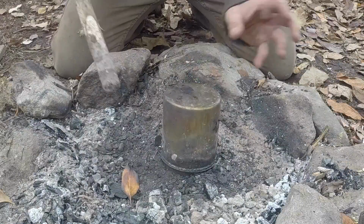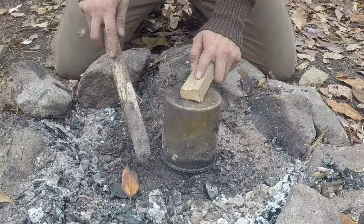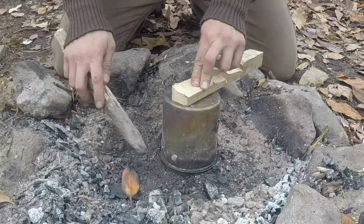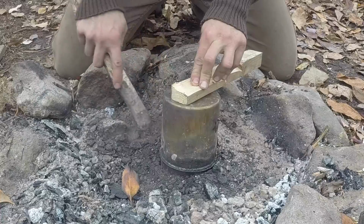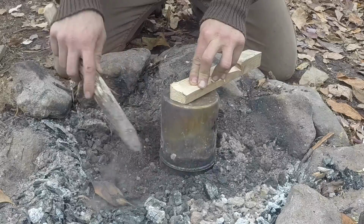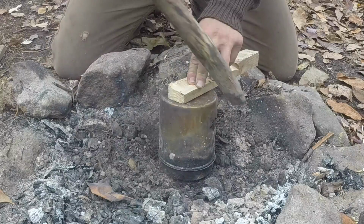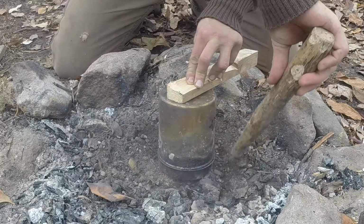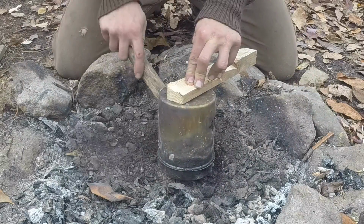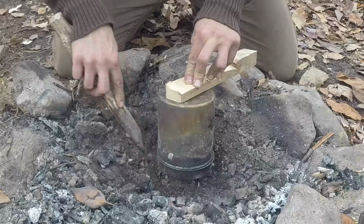Okay, so the fire died down and it's pretty cool. There's a little bit of heat left, but it's not too bad. So what I'm going to do now is remove all our material from around this top container. Once we start to do this, we want to get down below the lip of our second container, which I'm going to show you what I mean by that, because again, we don't want all the dirt and any kind of ash to fall into our container here that we collected our birch oil in. So we're just going to dig that out, keep pressure on our big container,